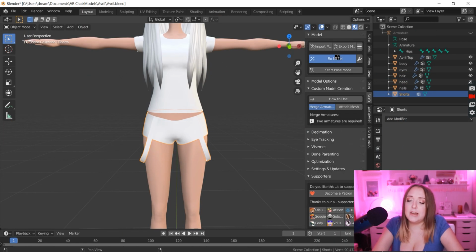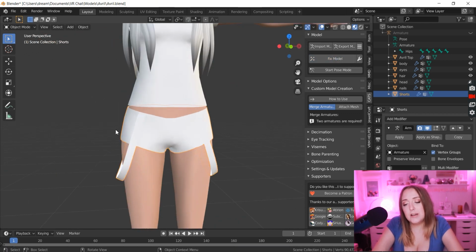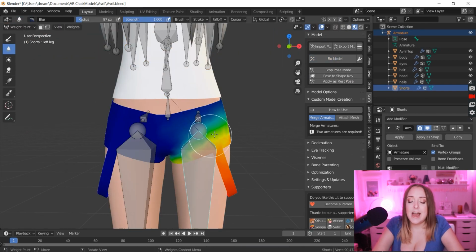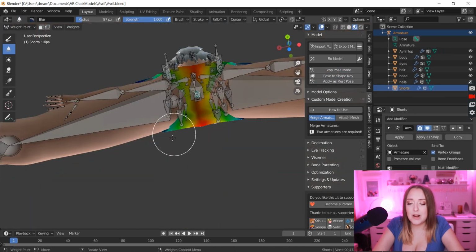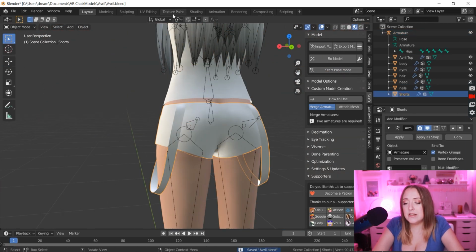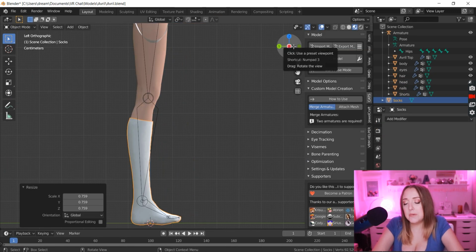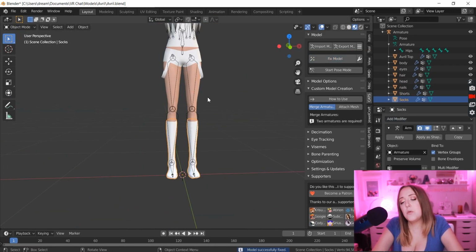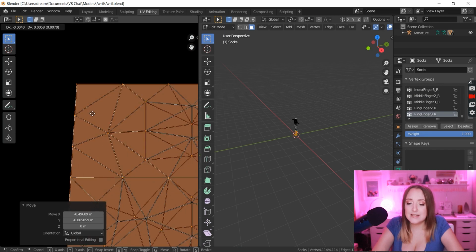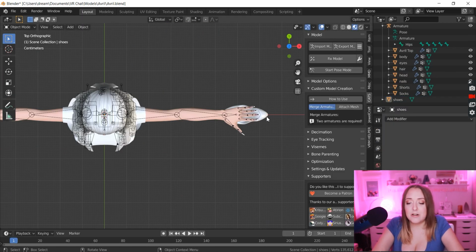Now I'm just bringing in the shorts that I exported and the sock that I exported, and I just need to make sure that all the weight paint is clear on those, so when she moves around it's all really seamless and smooth, because I don't like any clipping. I'm going to do the same for the sock. And also, I'm making sure to export the UV maps of all of these things as I go so that I can work on them later in Photoshop.